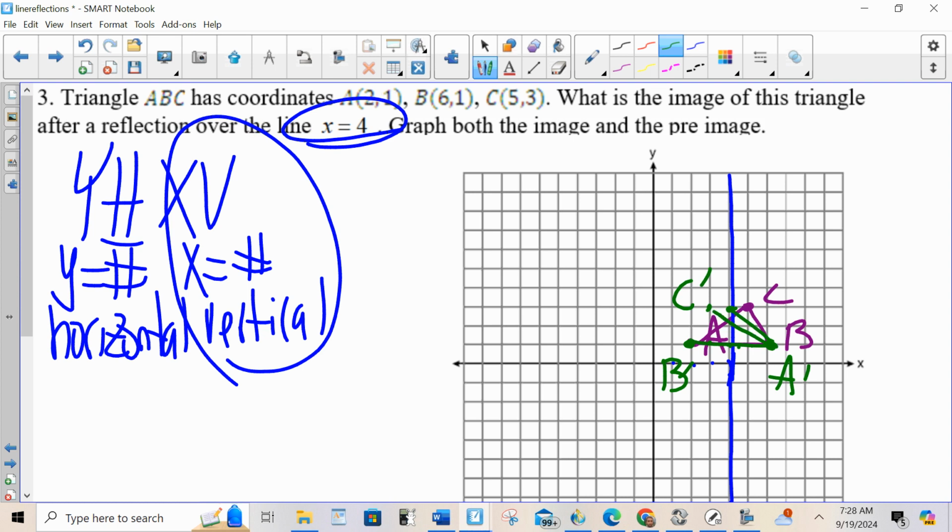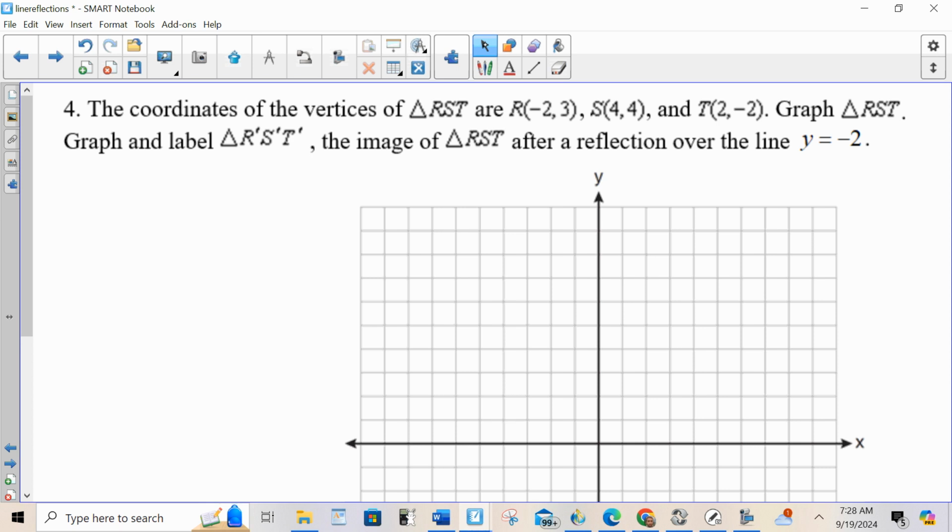So it's the same thing. It's just you have to graph the line of reflection. If the line of reflection is not there, you're not going to be able to do it. So you need to know what x equals and y equals a number looks like. So for number 4,